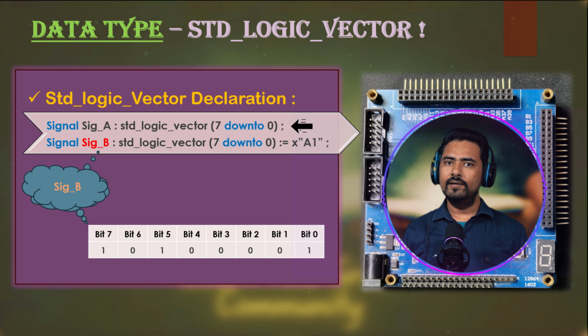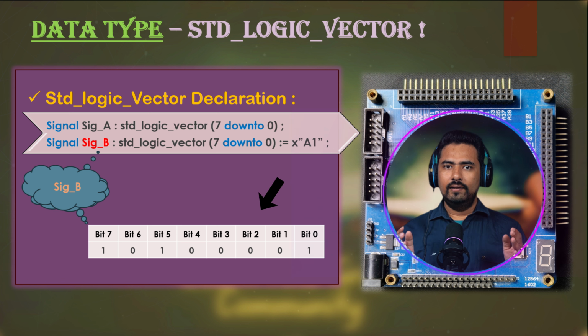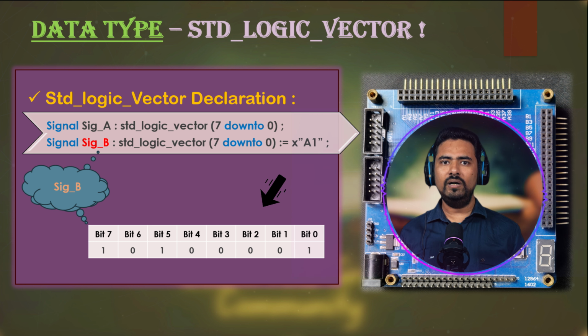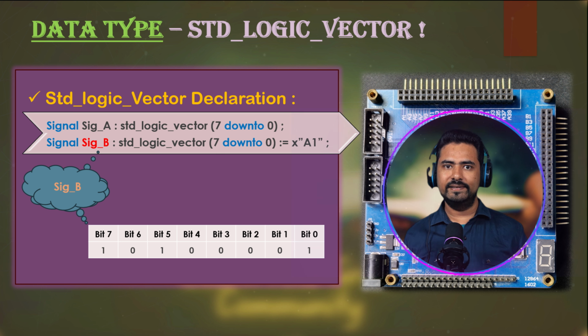So, the std_logic_vector data type empowers you to handle a collection of std_logic bits. Imagine a data bus or an address bus in a computer. They carry multiple data lines simultaneously, like 8-bit, 16-bit, etc. A std_logic_vector is just like that, an array of std_logic signals bundled together. This makes it perfect for representing multi-bit data like registers, counters, and timers within your FPGA designs.